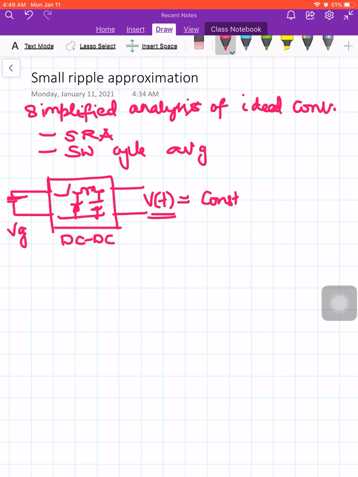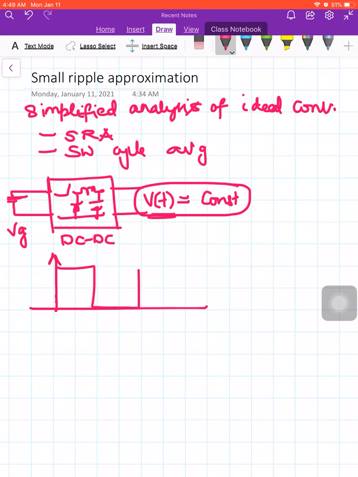So I'm writing this V of t as constant, but it is not a constant, since we have seen when the diode voltage across the chopper varies like this, the output voltage V of t varies like this,